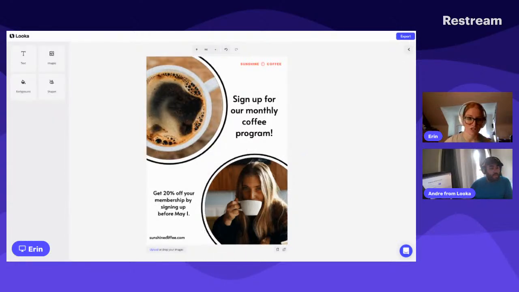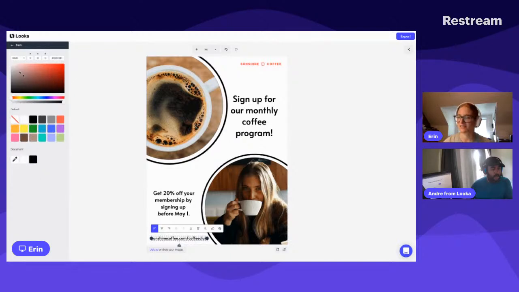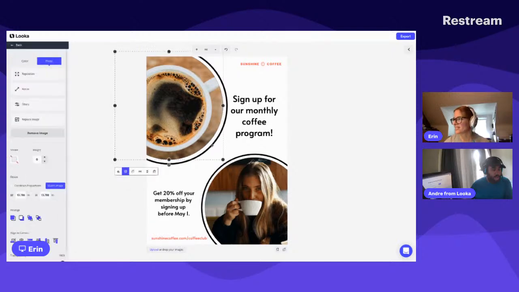I might want to make a couple more changes here. I'm liking it, but I think it could use a little more color. So I'm going to go to the bottom again here and click on this Sunshine Coffee text. I'm actually going to add an extension, Coffee Club. Again, click our fill button, our trusty fill button, and find the coral color again to add. I also think I might want to add the color to these